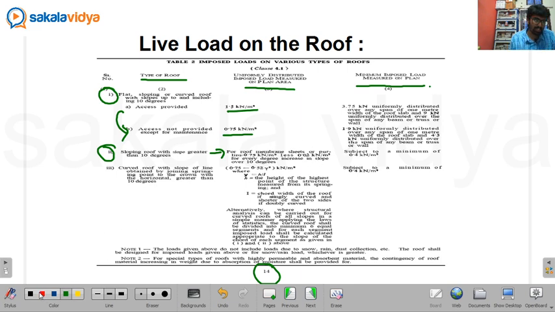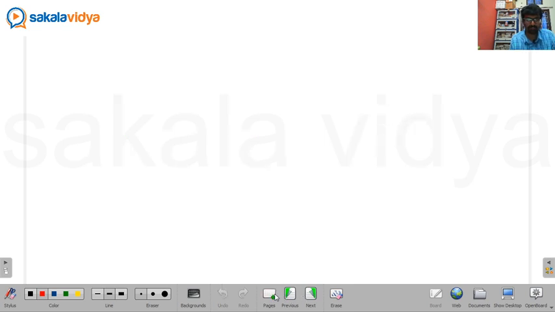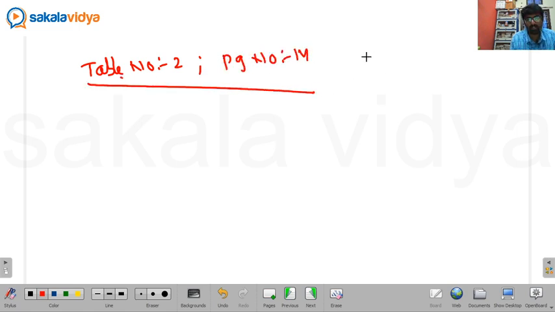So please don't get confused. In this, the third point will play an important role. Remember this third point, other than the first and second one. So what is that? Let us have a look. In our table number 2, which is present in page number 14, you have to remember the third point. The third point plays an important role. So what is there in that third point? If you observe clearly,